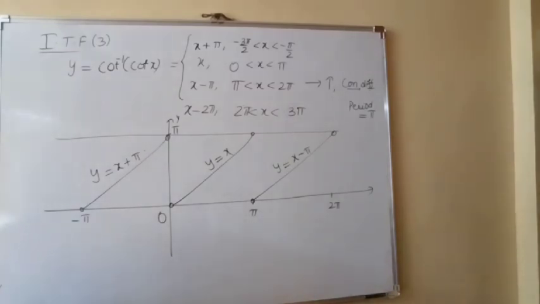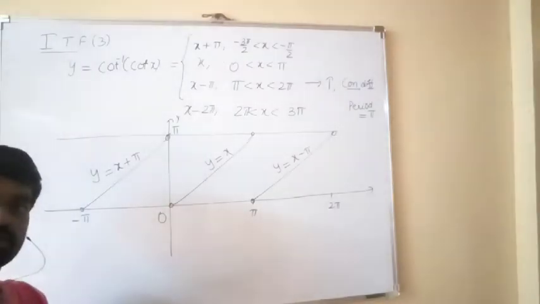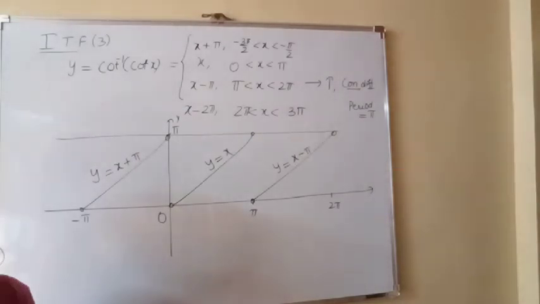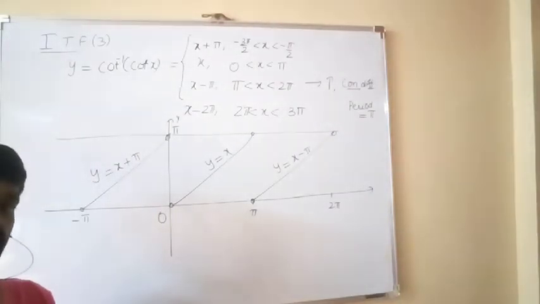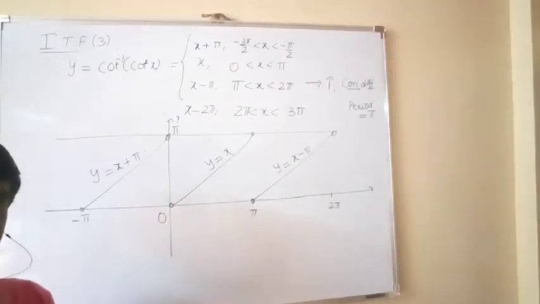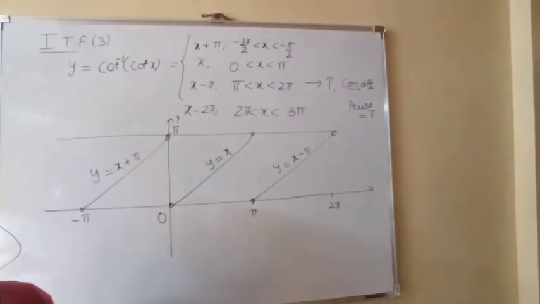So these are the 6 functions: sin inverse sin x, cos inverse cos x, tan inverse tan x, cot inverse cot x, secant inverse secant x, cosecant inverse cosecant x. If you learn the sin inverse sin x graph, you will get the cosecant inverse cosecant x graph just by putting holes at integral multiples of pi. If you learn the cos inverse of cos x graph, you will get the secant inverse of secant x graph just by putting holes or circles at odd multiples of pi by 2.